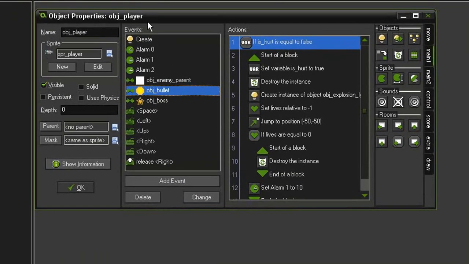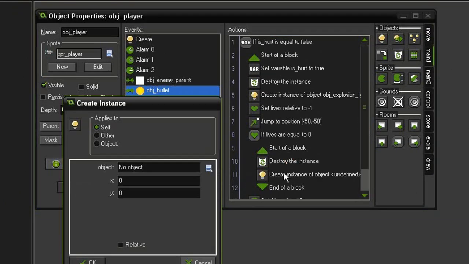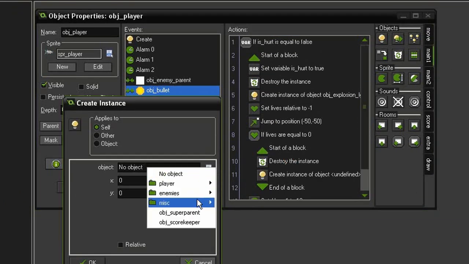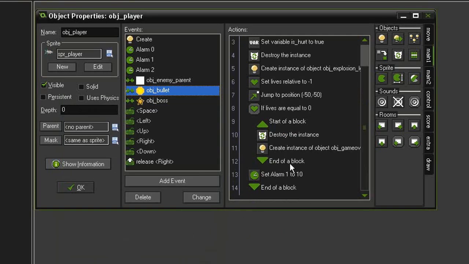And then back in our object player, underneath the destroy instance that we just made, let's add a create instance action, and I'm going to create the object game over. Give that a position of 320 and 224, and then finally